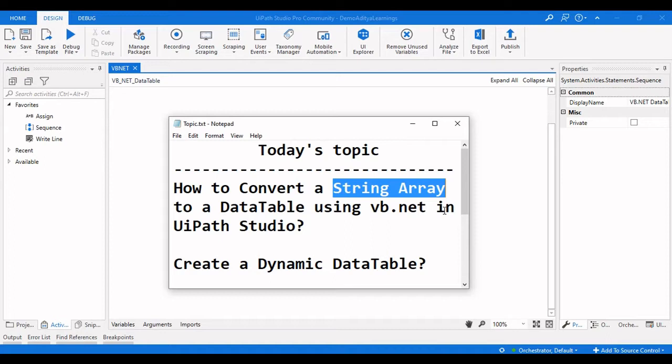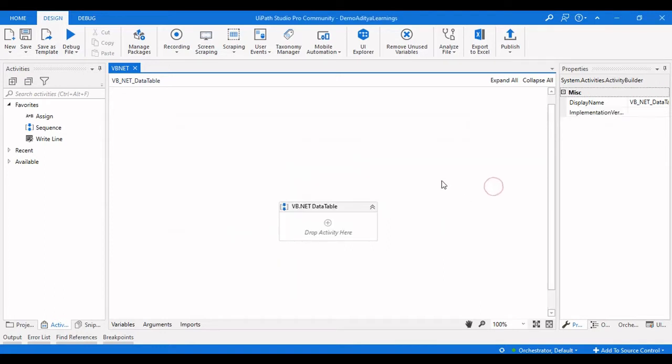Say we have 20 rows of data, and to one person you need to send 10 rows, and to the other person the other 10 rows. If you declare a single data table, then you need to filter that data table again to those 10 rows. Instead of that, you can directly declare two data tables which contain their own column array names. So we will see how we can achieve that.